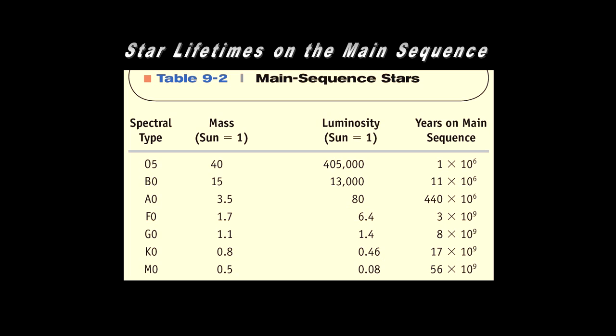In the final slide, we just list main sequence stars of the various spectral types, O through M. We see the variation in mass, how the mass goes down. You go from O toward M. And in much greater proportion, the luminosity is going down from 405,000 to 0.08 in terms of the luminosity of the sun. Far more significant change there than in the mass. And then the years as well. The years from 1 million on up to 56 billion. So it gives you just an idea of the ranges of mass, luminosity, and ages of stars on the main